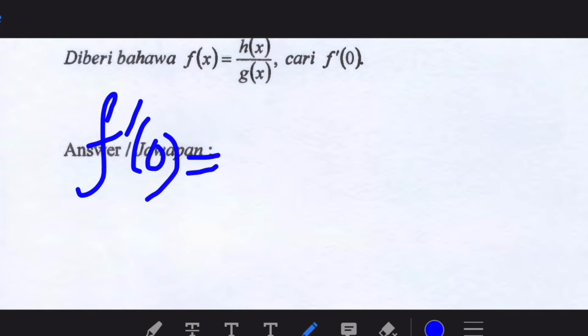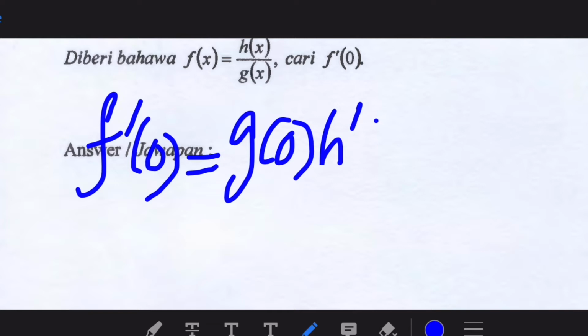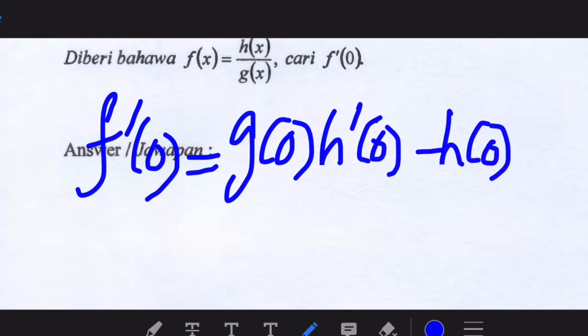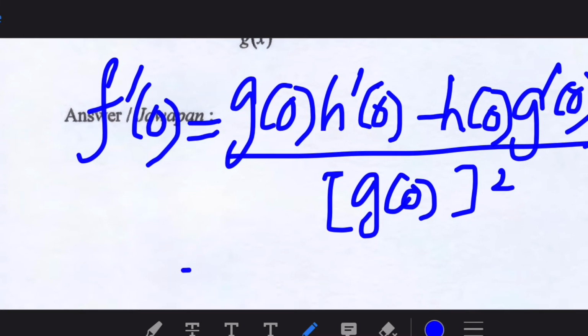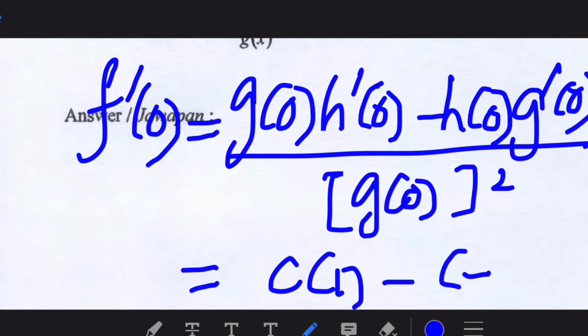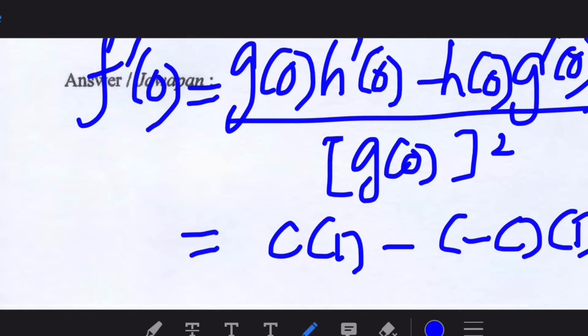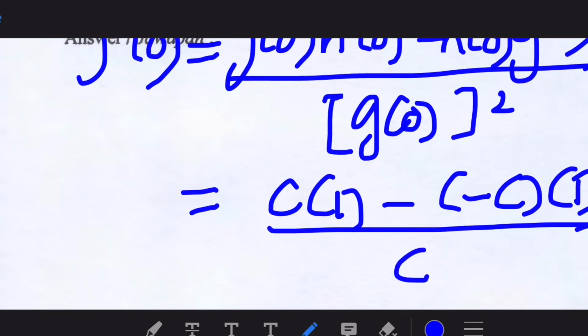For h0 also we have 0, right? And then g prime 0 is 1 and h prime 0 is 1, right? So actually you just focus on the intercept because h prime 0 and g prime 0 is 1. So it's actually just plug in the intercept for g0, which is c times the 1 minus the h0 intercept